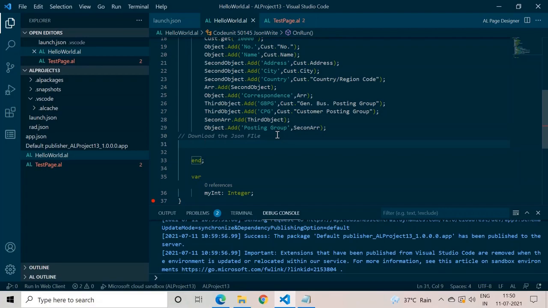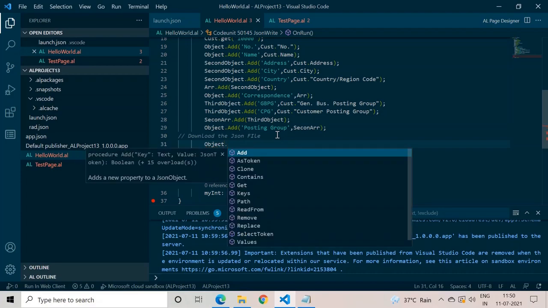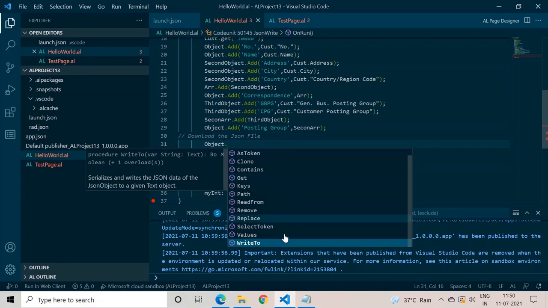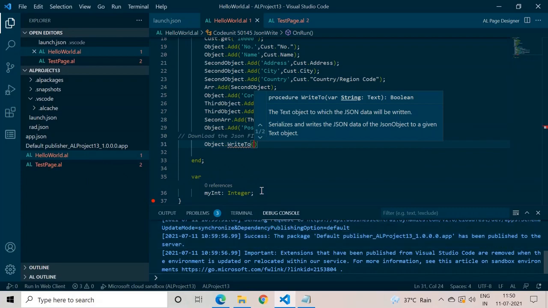So next, because we want to create a file out of it and download that file, we need to write all the information available in this JSON object into an outstream. We have this function write to, and when you press Ctrl Shift Space, you can see it has two different definitions, it's a method overloading function.